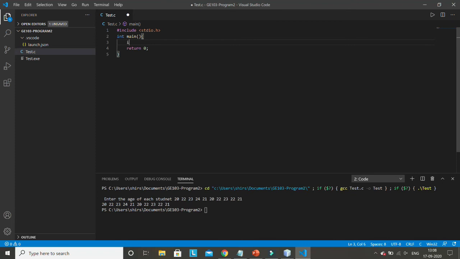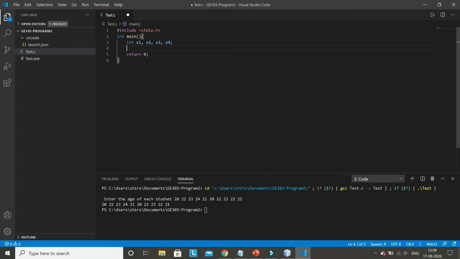If I want to use variables, and suppose there are two students in your class, then I will use s1 and s2, two variables, and then I will use scanf to take the age of s1, scanf to take the age of s2, and then I'll compare with if, and then I'll display which one is maximum. But suppose you have four students, s1, s2, s3 and s4. In case of four students, first of all you have to use four scanf, or at least with one scanf you have to take